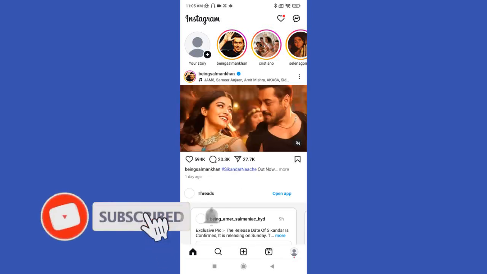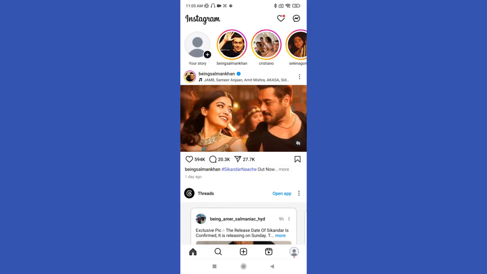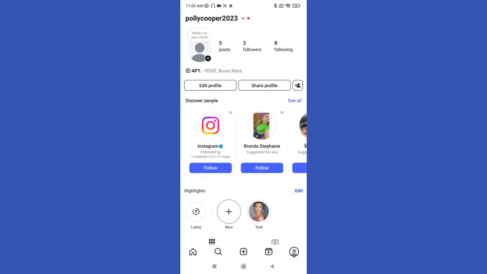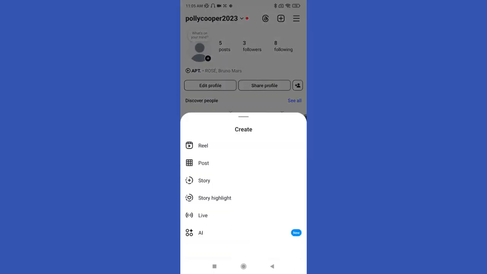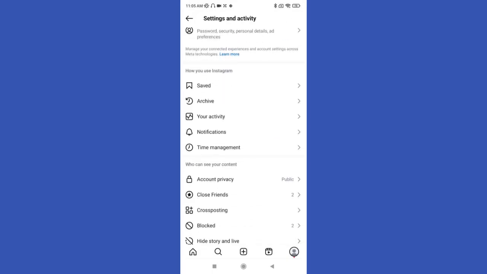This time we check how to monetize Instagram Reels. So let's start. I'm here on Instagram, so let's go to our profile and then let's go to the three lines on the top right corner. So just click there and then let's go to the settings and privacy. Okay, so let's go here and let's scroll down